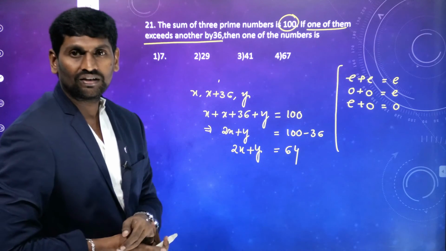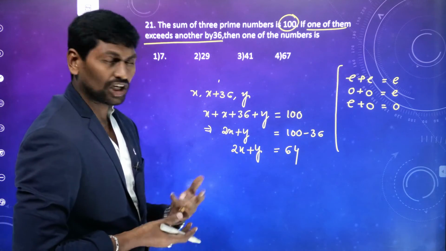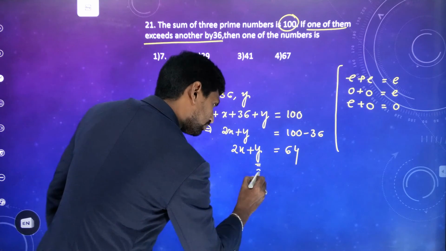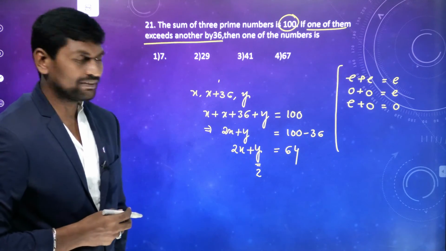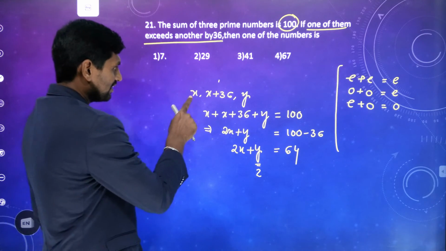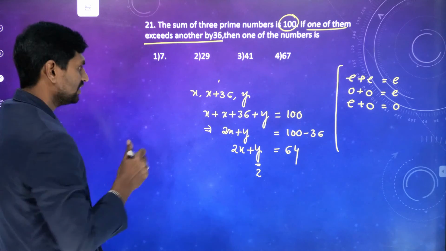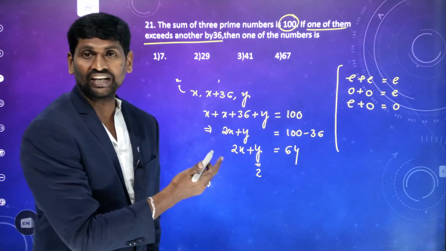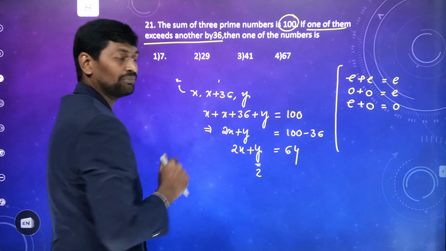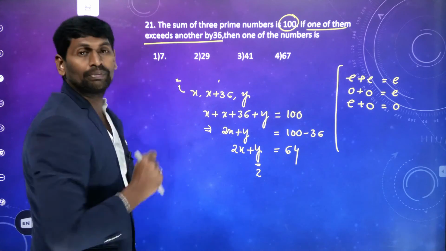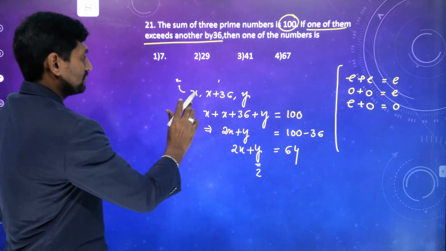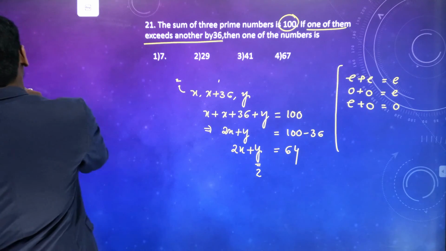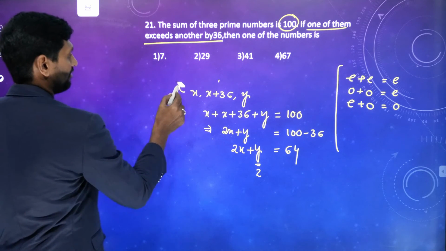Remaining two should obviously be odd primes. So with that concept, y can be 2. Y can be 2 because x we cannot take as 2. If x is 2, then what is the second number? X plus 36, 38, is not a prime number. X is a prime number but the second number is not a prime number. Here x cannot be 2. So we are taking y value as